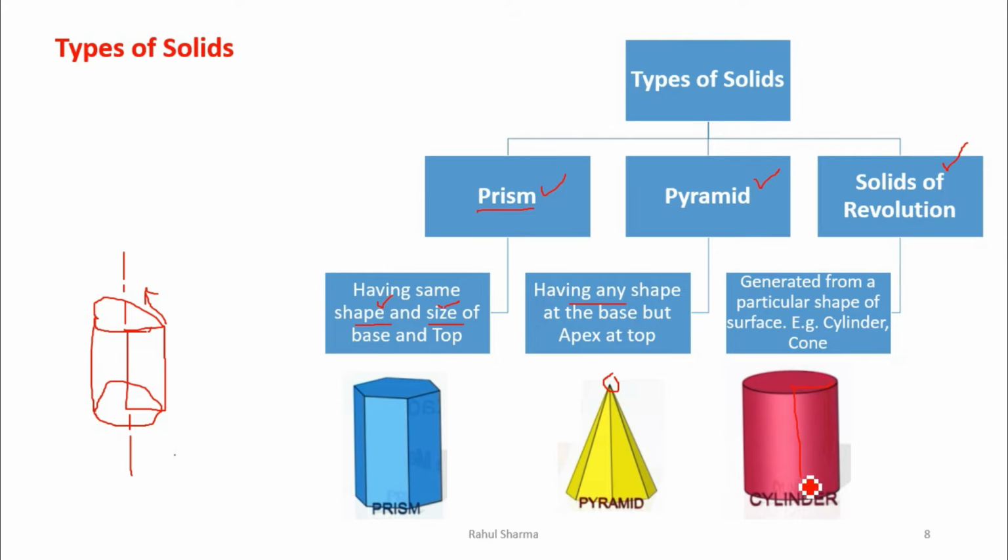Similarly, a cone is generated from a triangular surface. These types of solids are known as solids of revolution. These solids will not have any face edge, base edge, or base corner; they will only have generators, this one and this one. We say generators are imaginary face edges, not present in the object, but when we see it, we can imagine them.